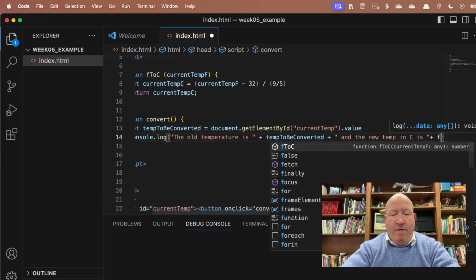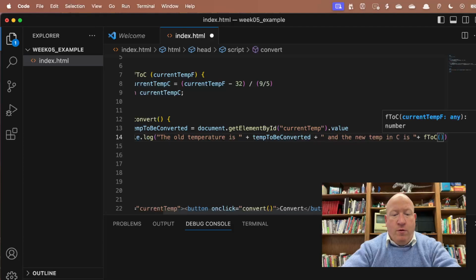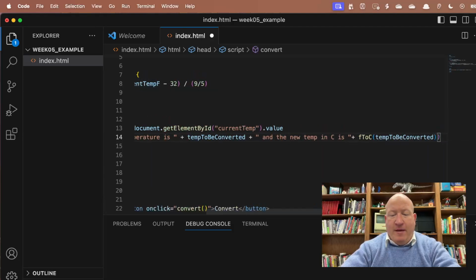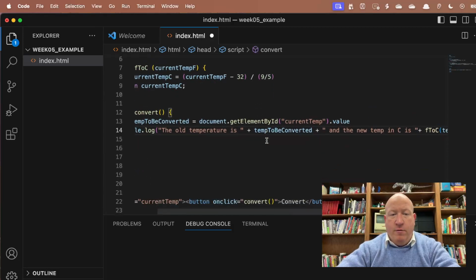So it'd be f to c, what's the value, temp to be converted, and that should output on the console. So let's save that,